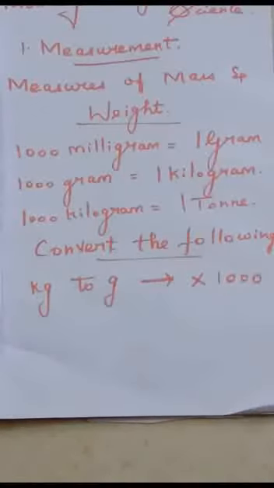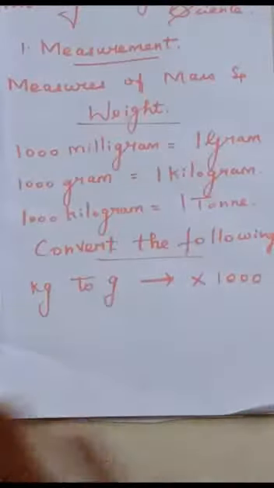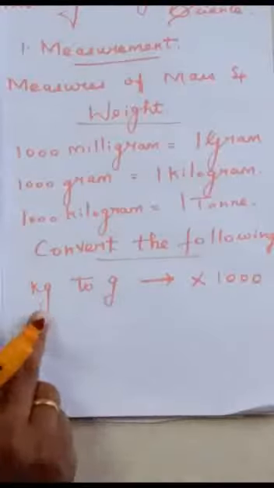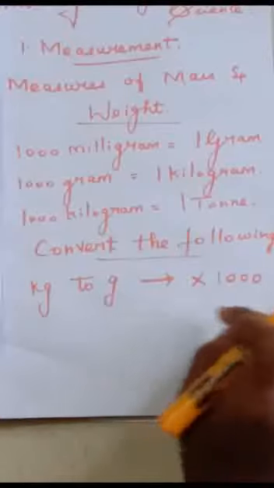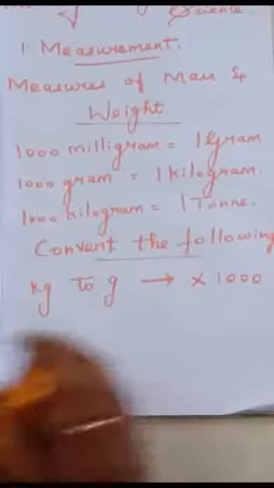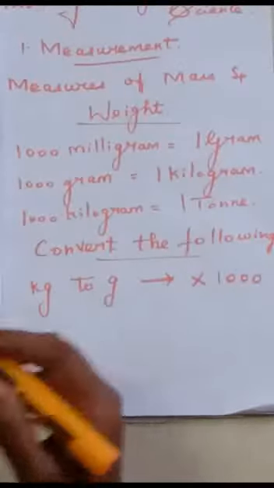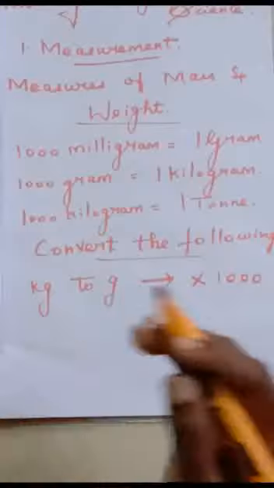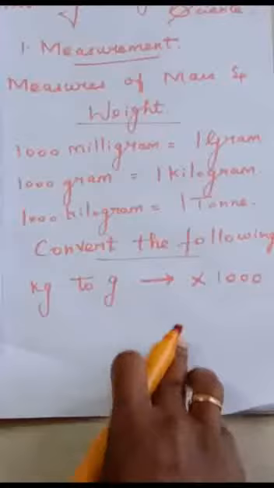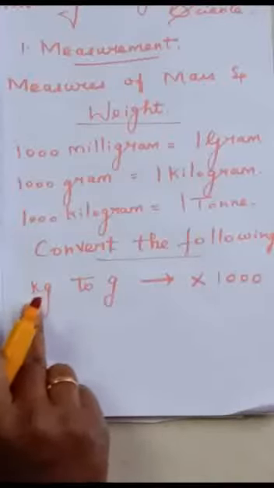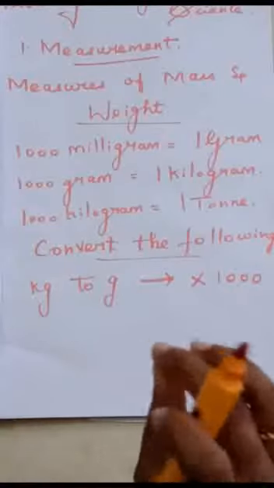In measures of length we learned millimeter to centimeter, the same method. There are no changes. Only the unit is getting changed, but the procedure, that is the steps and the shortcut methods we are using, will never get changed. The value will change because in some cases the quantity may be multiplied with 10 or 100, but the multiplication and division process, when converting big quantity to small quantity and small quantity to big quantity, will never change.